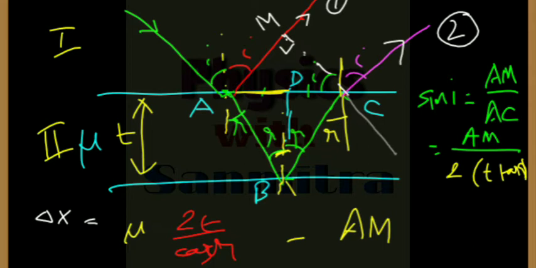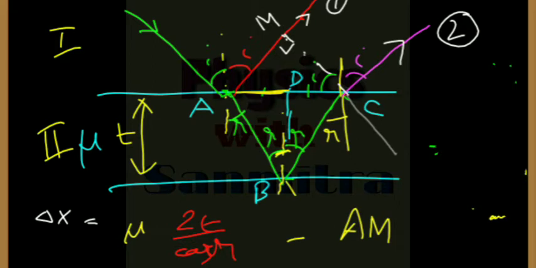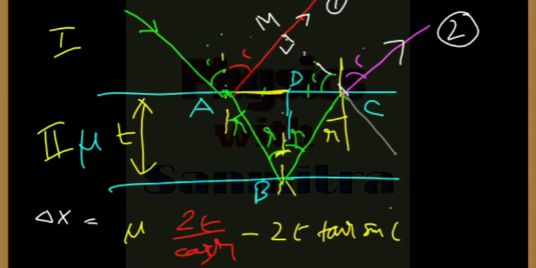Now, what I can do is replace AM by 2T tan r sin i. So I can replace AM by 2T into tan r into sin i. Now according to Snell's law, what I can write,